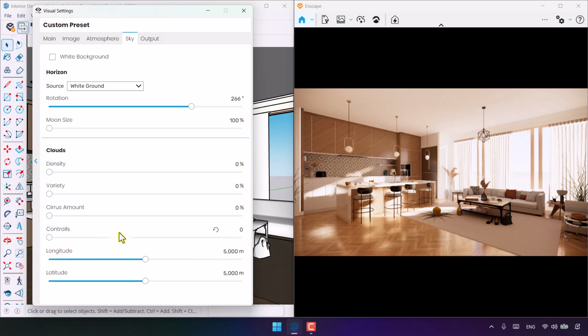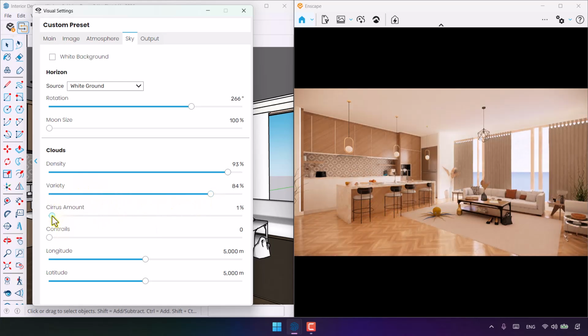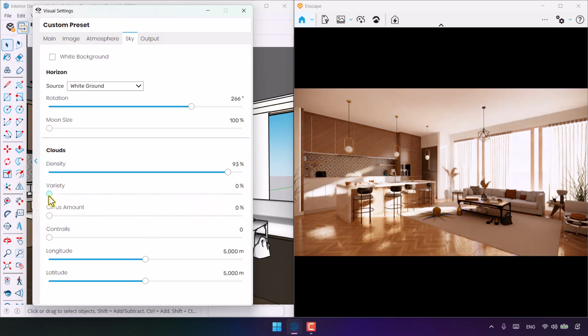Also, controls are not so effective. And in this situation, the weather outside is totally clear without any clouds. And when I increase the density like that, and also increase the variety, and also increase the size amount, you can see that outside will be cloudy. So we don't have any sun inside of our project. So it depends on how you want to work with these options. For now, I prefer to use some realistic numbers for my project